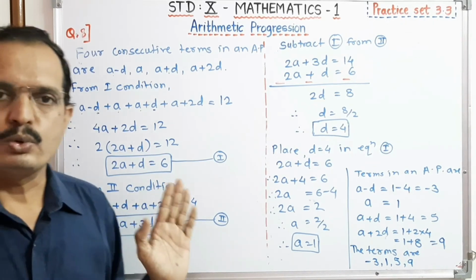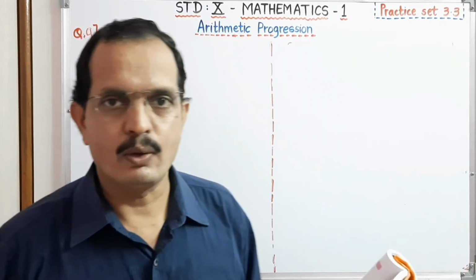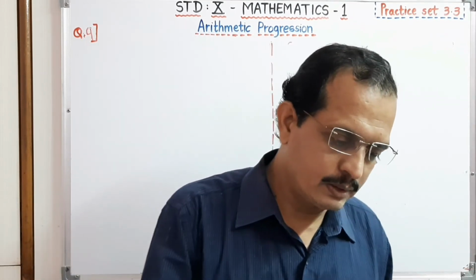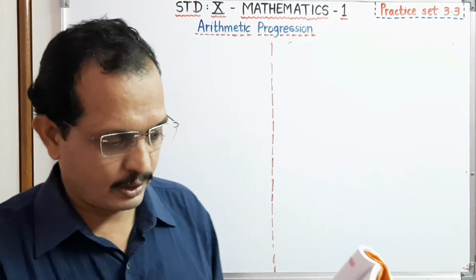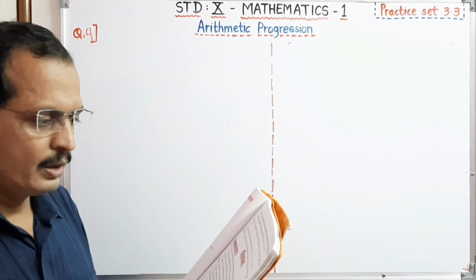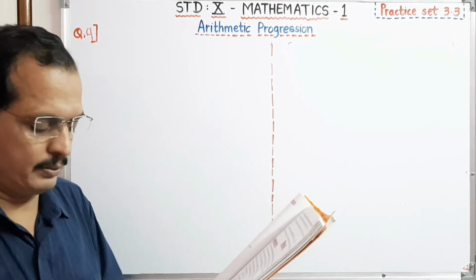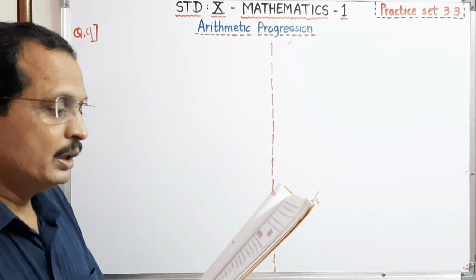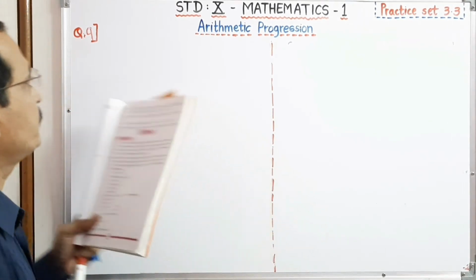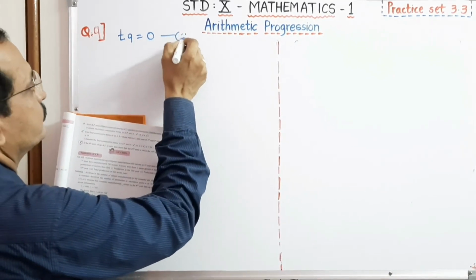Dear student, go through this. Let's start with the ninth sum. As I have already told you, this sum is reduced for this year, but it is very easy and very interesting, therefore I explain it to you. If the 9th term of an AP is 0, then show that the 29th term is twice the 19th term. See here, dear student, the 9th term of an AP is 0. That means T9 is equal to 0. It is given.